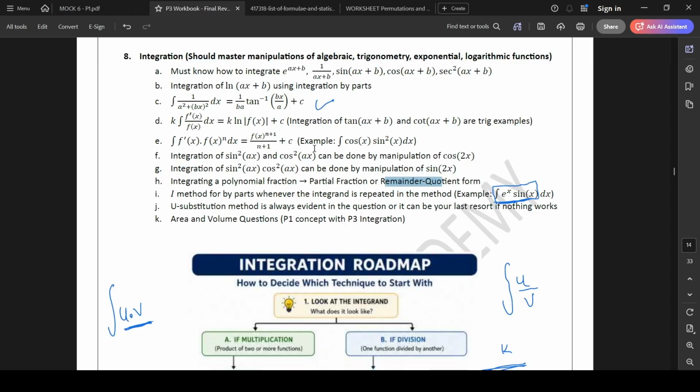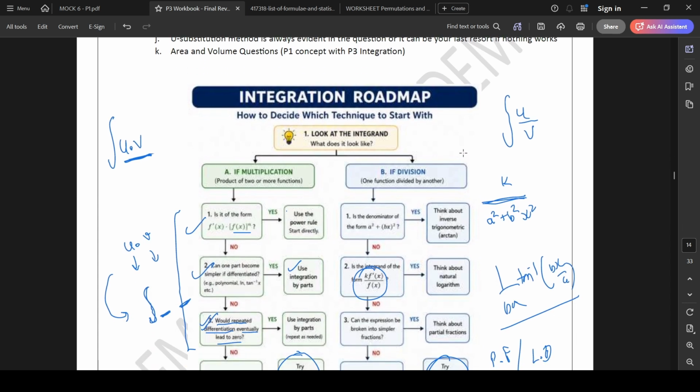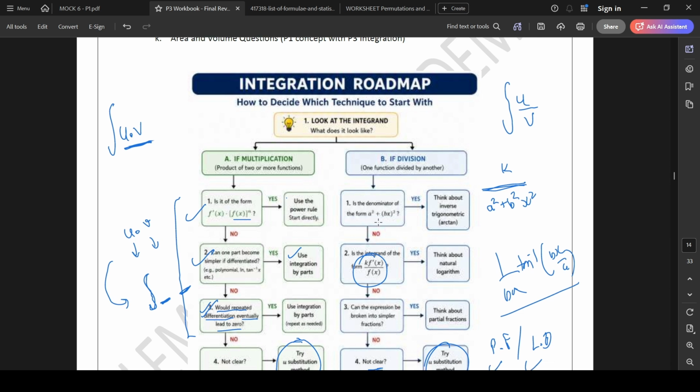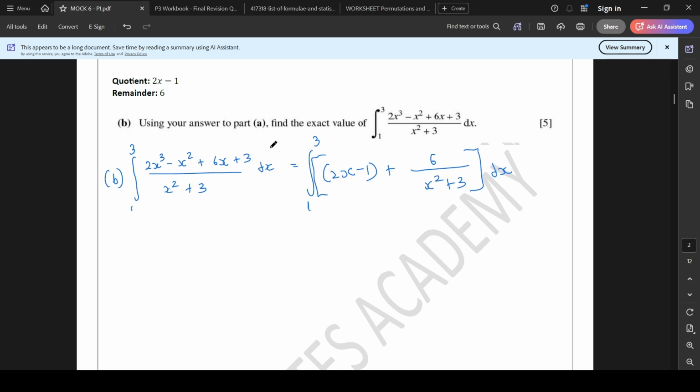There are multiple things, by the way, that you could have thought about whenever you are having a fraction or a division involved in the integration. You could have thought about if the denominator is in the format of a square plus b square x square. But for that, the numerator has to be a constant to apply the inverse rule of trigonometry, that is arctan or the tan inverse. Because in the numerator we are not having a constant, we are having a polynomial,